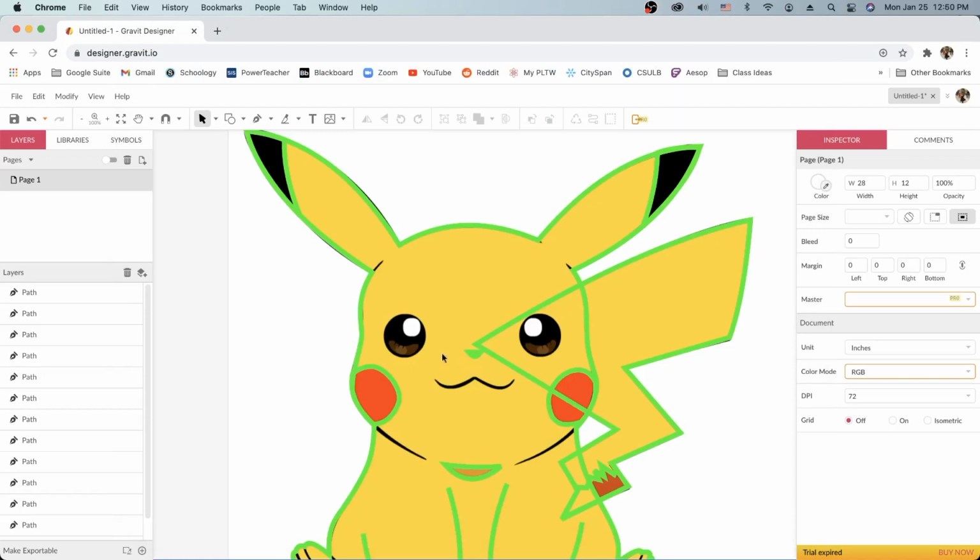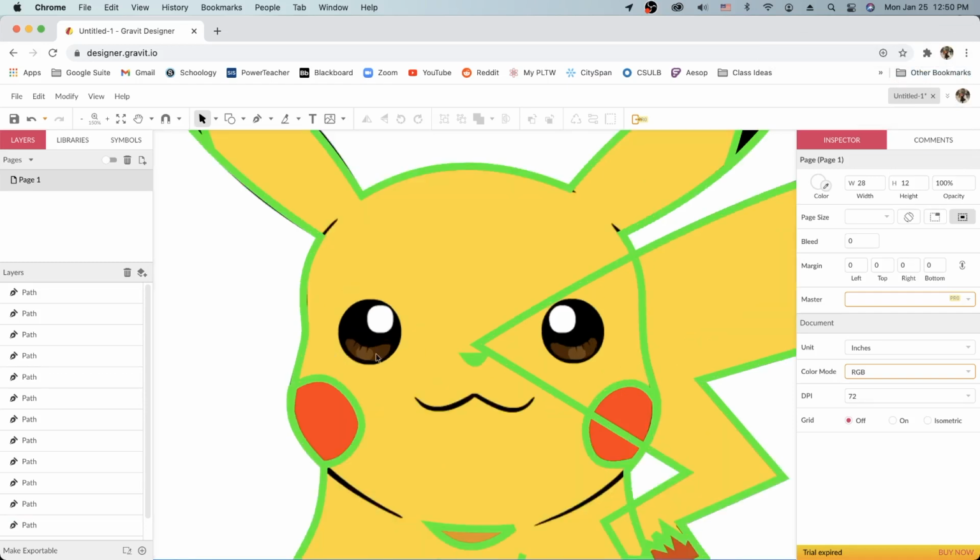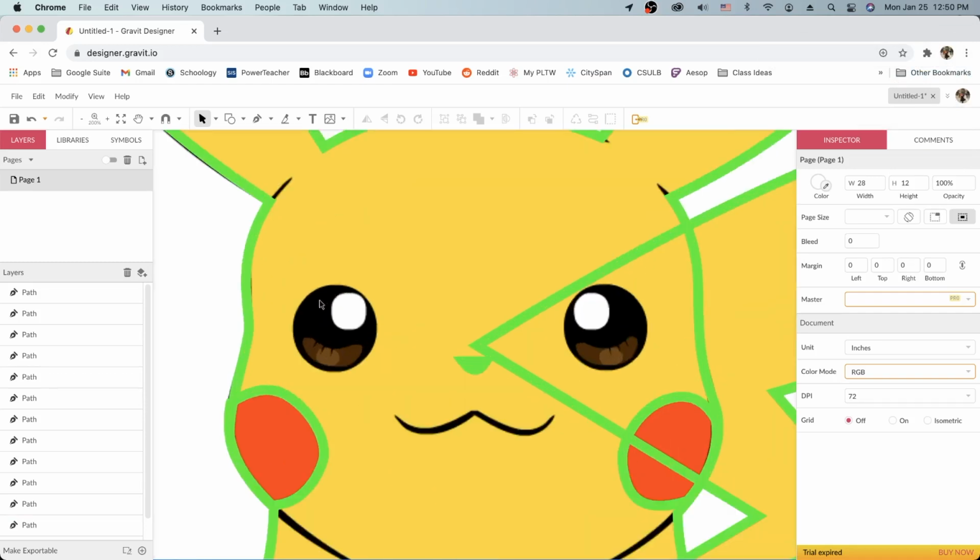Hello everyone and welcome to the second part of our Pikachu tracing video. In this part of the video, I'm going to show you guys how to create these black outlines as well as create circles instead of trying to do the same thing with the pen tool. So I'm going to start by teaching you guys how to create circles because this is the next biggest shape